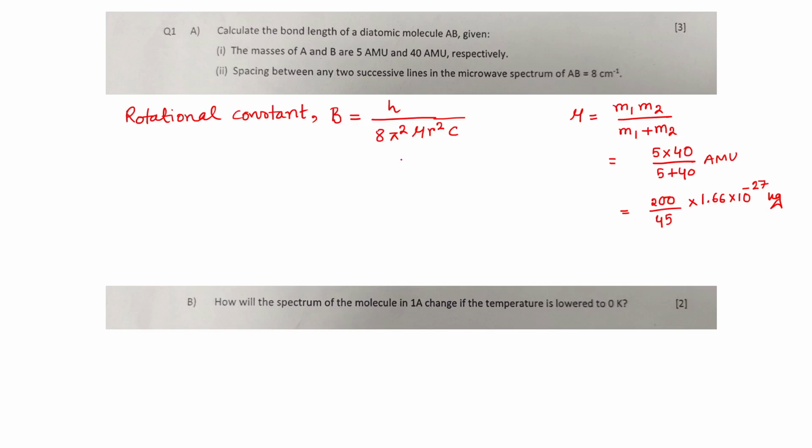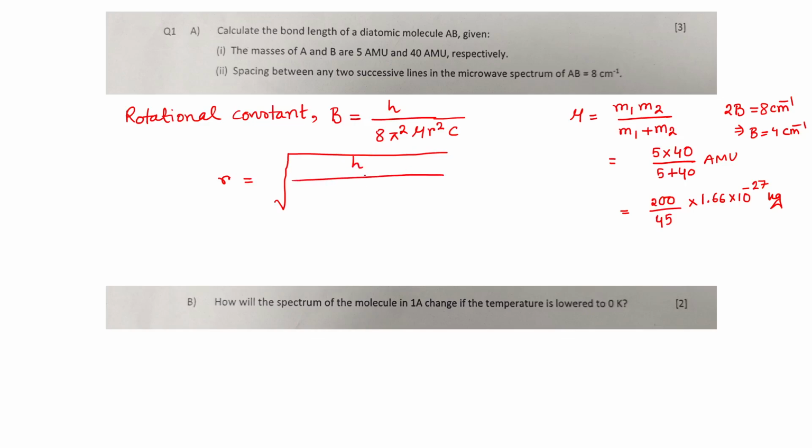And what are the things given? Not B is given, 2B is given, the spacing between any two successive lines. And it is a rigid rotor. So 2B is equal to 8 centimeter inverse, so B is 4 centimeter inverse. So your r is going to be under the root